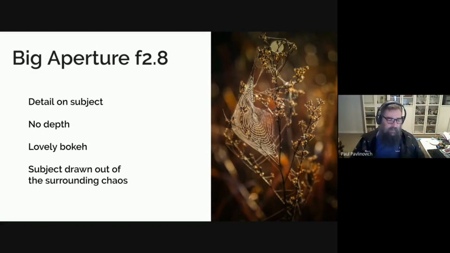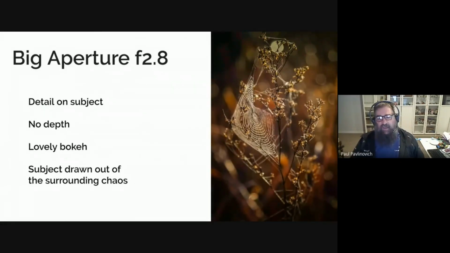You can pronounce it bokeh, bokeh, boki. There's no real right or wrong way to do it. It's a made-up Japanese word anyway. It's not a real word. And all they're really talking about is the blurring of light that you're seeing in the background there, the little spots. So using this big aperture draws the thing that you're interested in and that you'd like to show down,